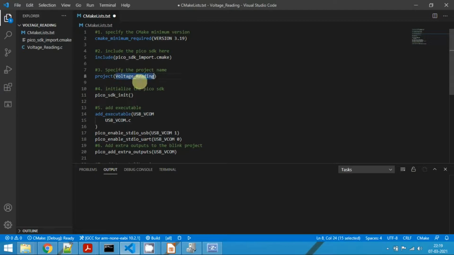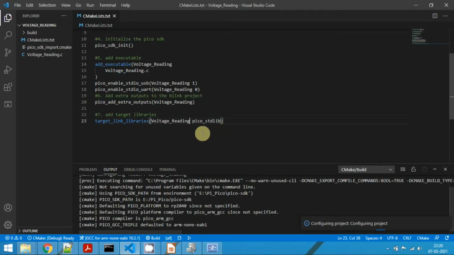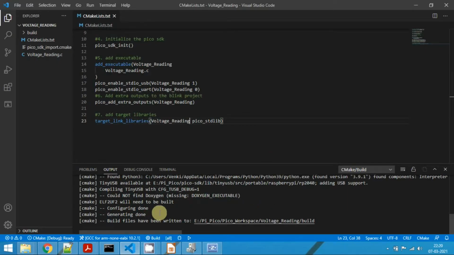Copy this, paste it here, here, and finally here and here. Save the CMakeLists.txt. Now VS Code will configure the project. You can see that the configuration is done successfully, and then go to the voltage_reading.c file.